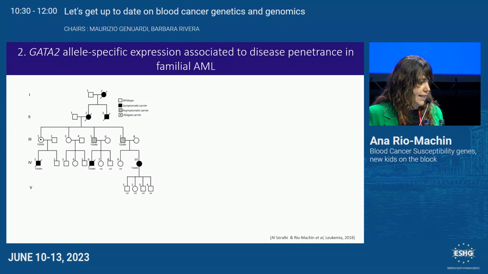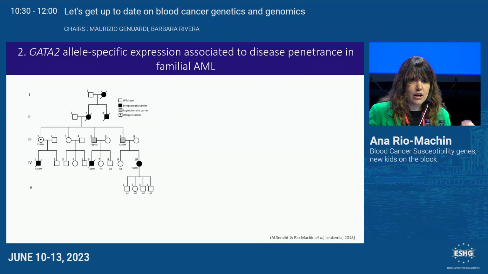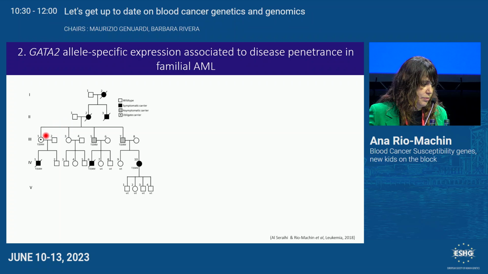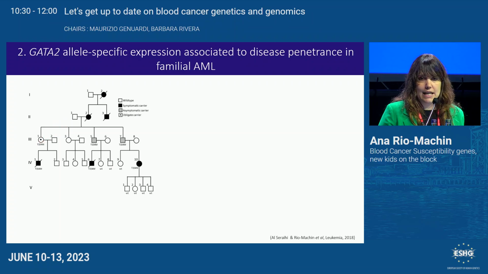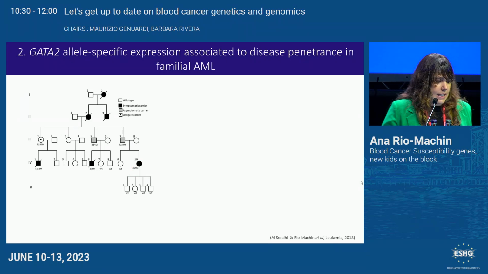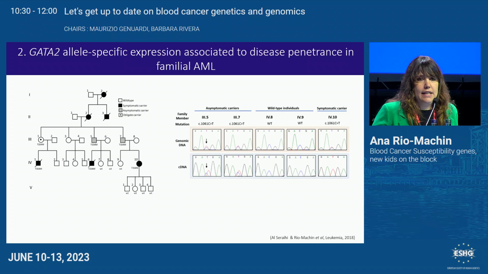So the first one starts with this family where we have a germline missense variant passing through the different generations. But it's interesting because we have this 3rd generation here where all the carriers with this GATA2 missense variant are completely asymptomatic. Then we have this 4th generation here where all the carriers developed symptoms. So we validated the presence of this germline variant, obviously, in the asymptomatic carriers and in the symptomatic carriers, but